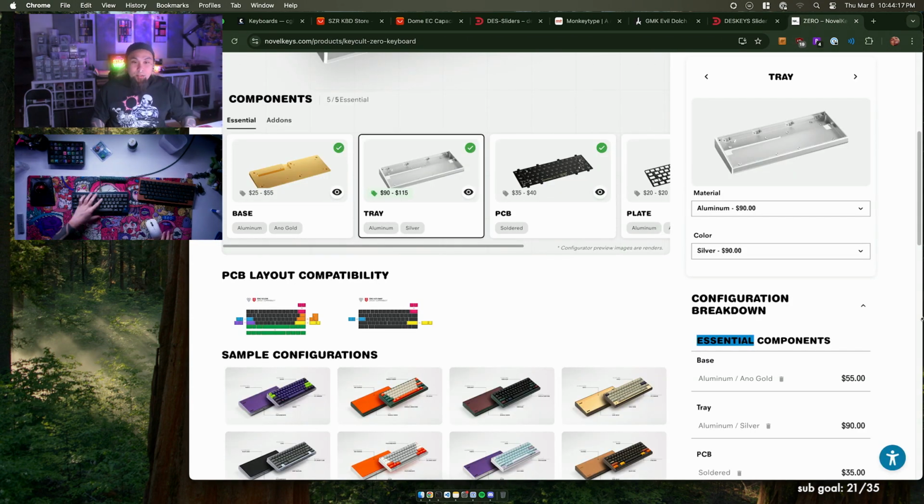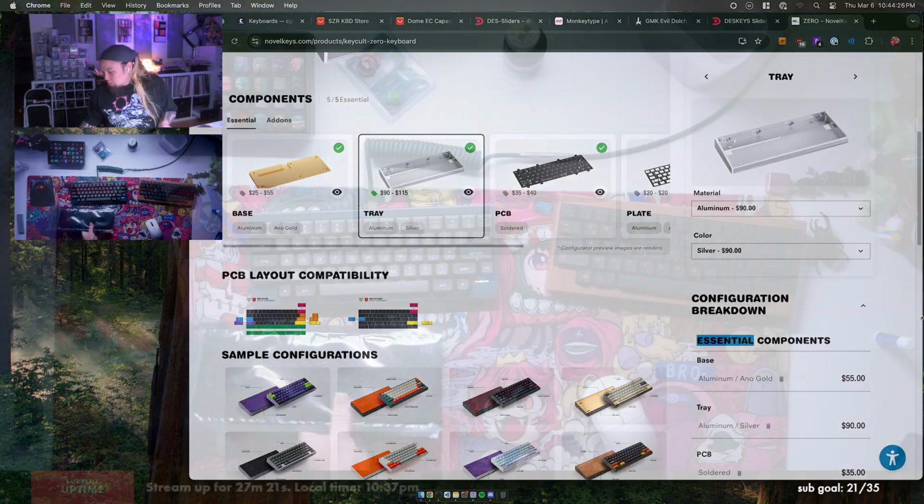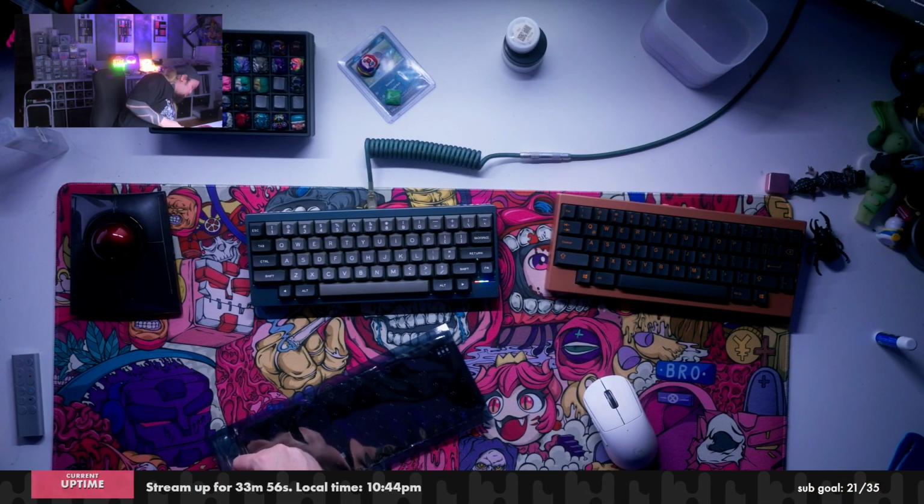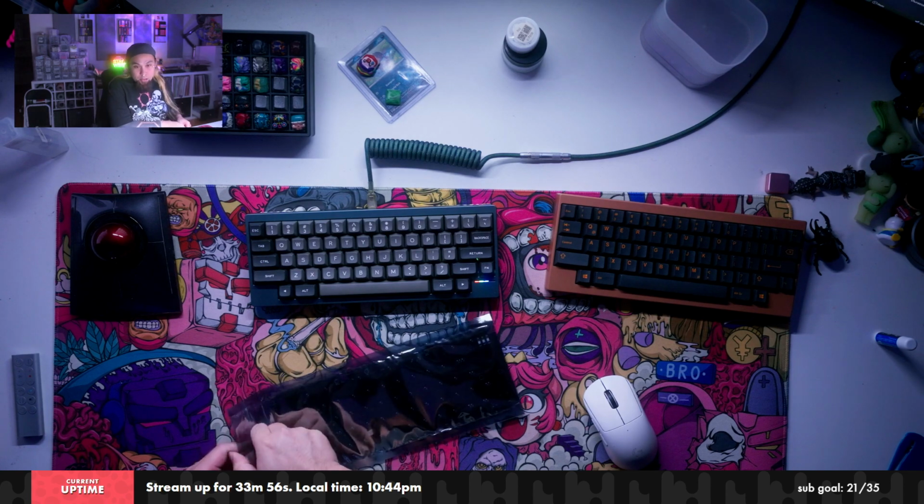Anyways, let's work on this build. Okay. So here's a PCB. Anything else in here? Probably not. I think it's a pretty...